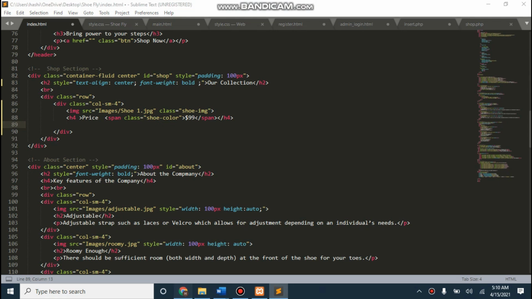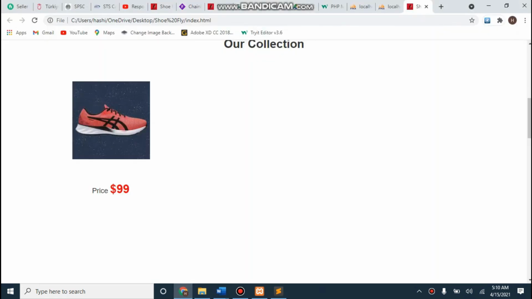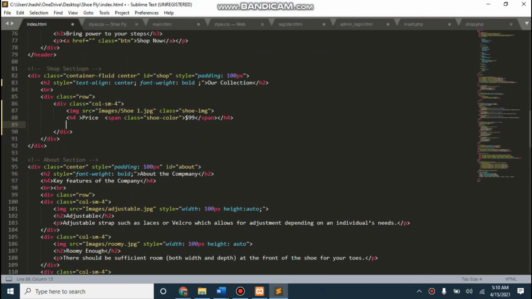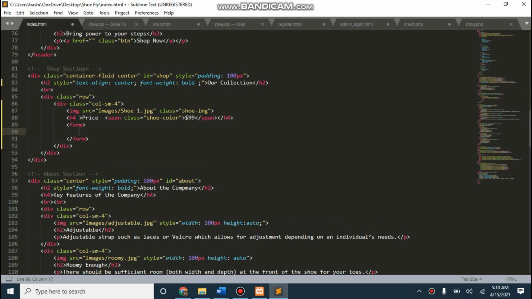Now I will be adding a text field here with the name, and another text field with the shipping address. So for that I will be creating a form here, and inside this form I will be creating an input field. Type as text and name as name, placeholder as name,